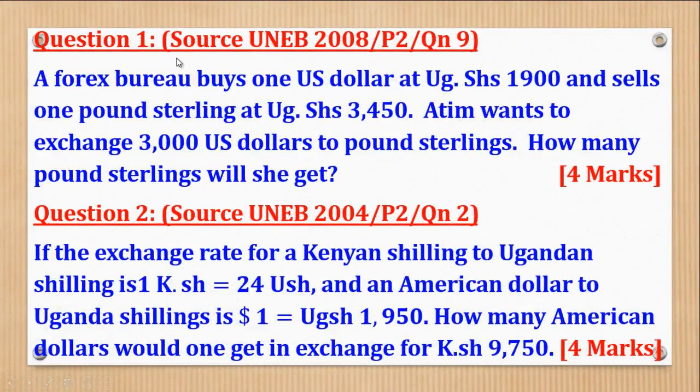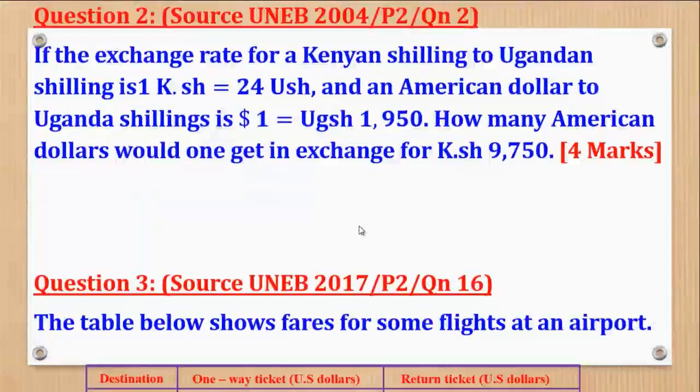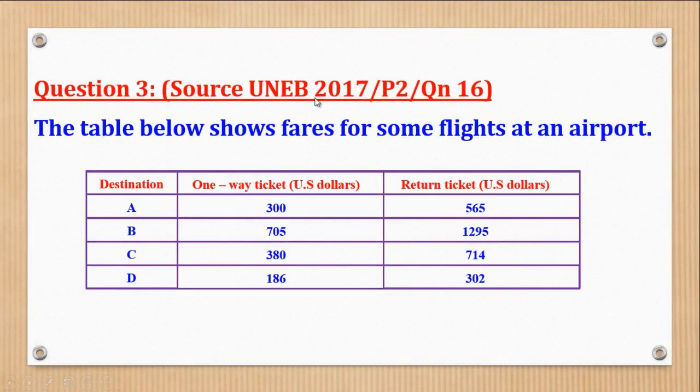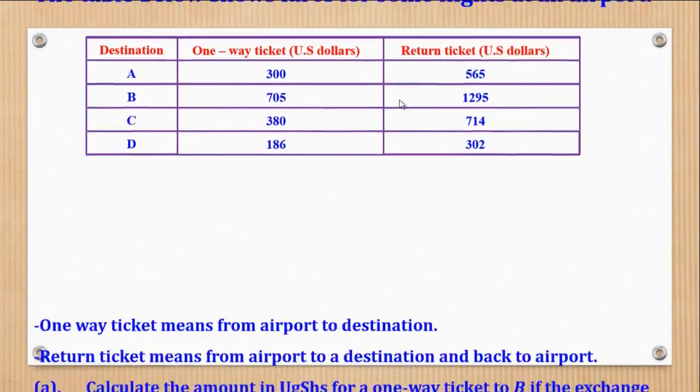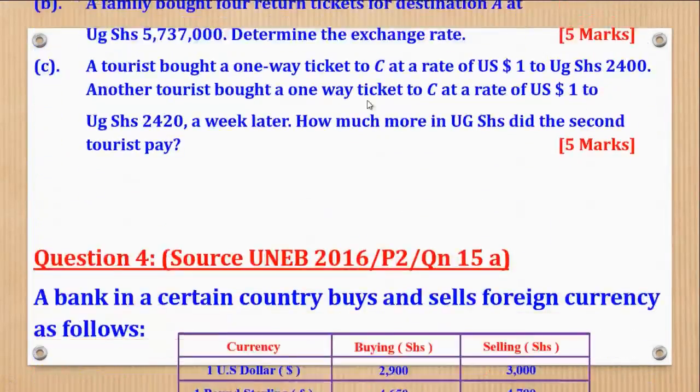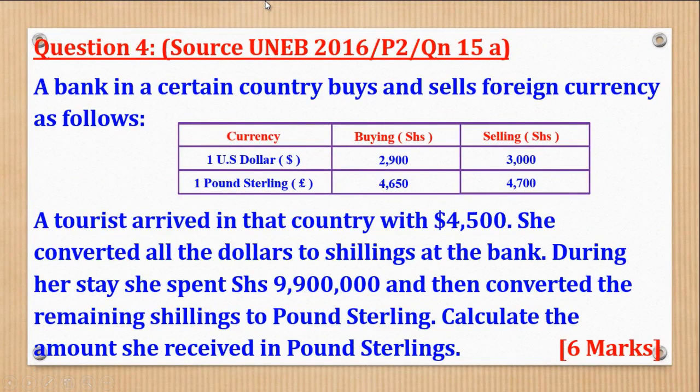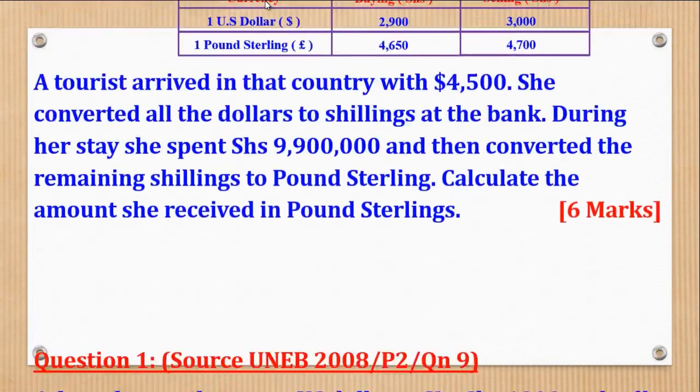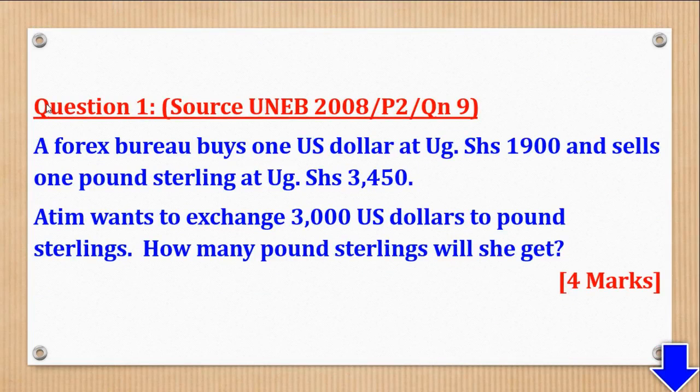Now these are the very questions I left. Question 1 came from UNEB 2008 paper 2 question 9, and question 2 from UNEB 2004 paper 2 question 2. Then question 3 was from UNEB 2017 paper 2 question 16, and lastly question 4 from UNEB 2016 paper 2 question 15a. So we shall start with question 1, and question 1 says,